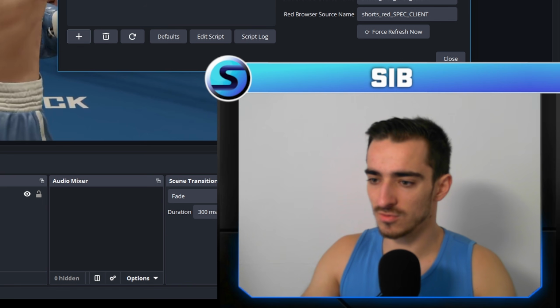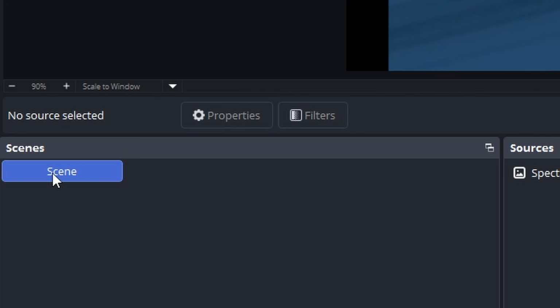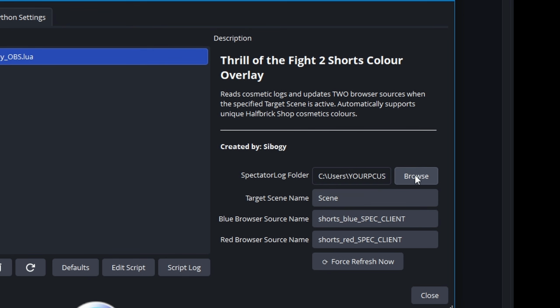Now there's a few important details we have to make here. One, you have to set the PC username that you actually have. You can see I've got a scene down the bottom called scene, and then there's 2 sources that you need to make here. So now that that file is ready and uploaded, my username on my PC,